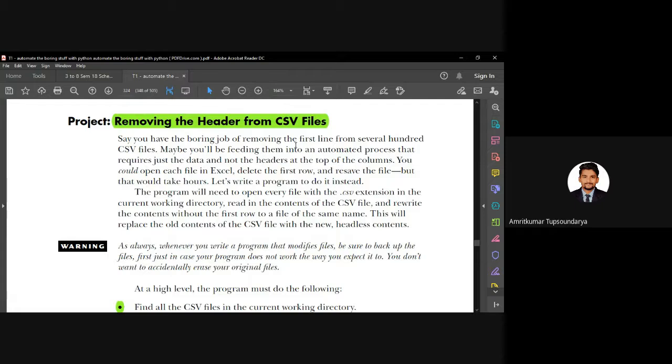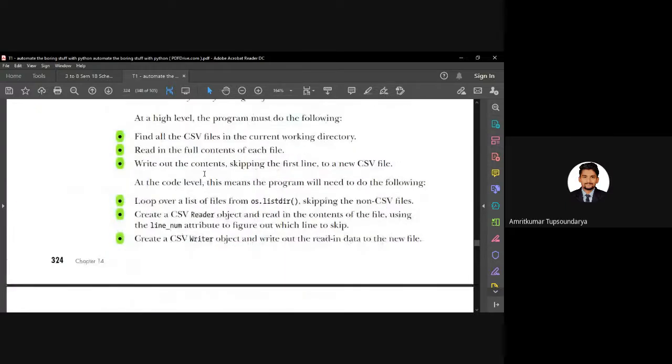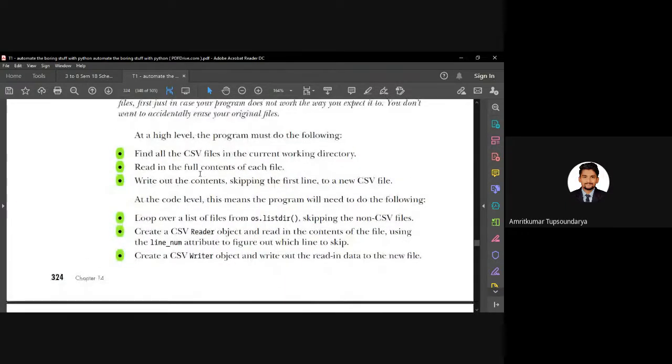Now, in order to remove the header, we need to first access all those CSV files. So broadly, on the high level, the first thing is to find all the CSV files, and of course, they have to be in the current working directory, as I've repeated before.